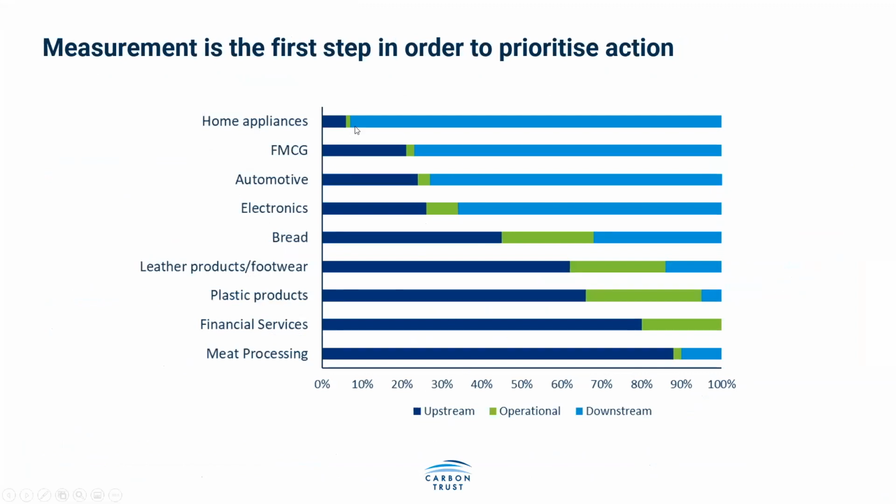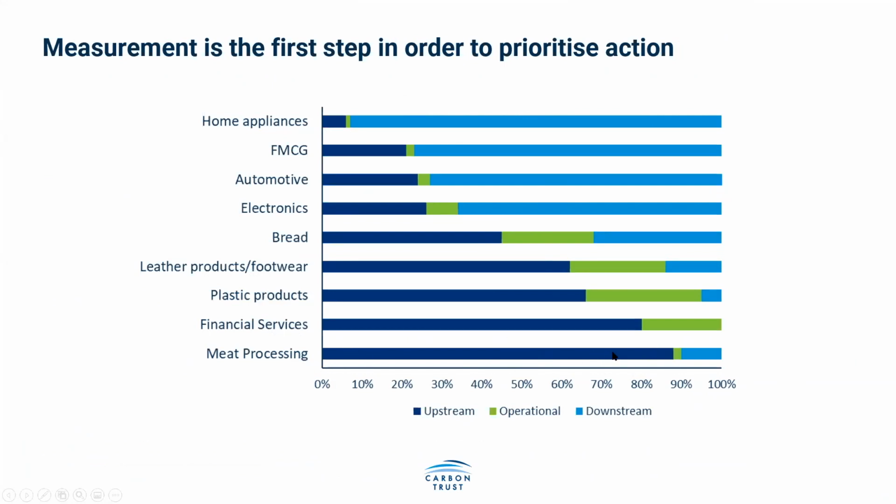So here we have some examples of different sectors of the economy. We have the operational emissions, the upstream shown in dark blue and the downstream shown in light blue. You can see the different sectors of the economy. Obviously, the importance is to look in different directions, from home appliances, where the impact is very much in the use phase, maybe washing machines or fridges, so all the electricity used in those white goods and appliances in homes, through to meat processing, where there's a